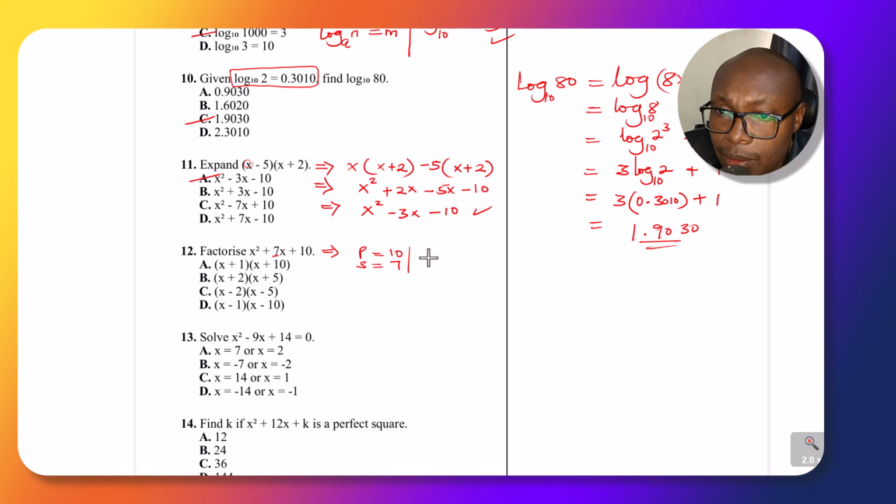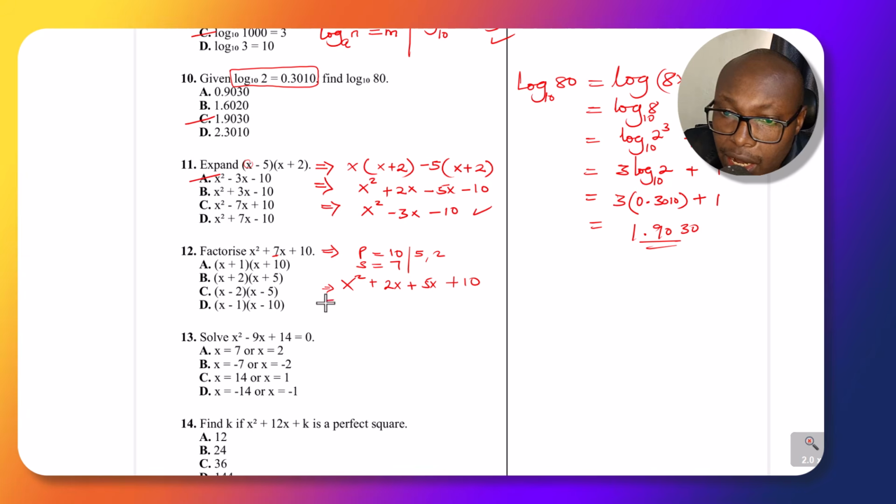So which are these numbers? The numbers are very easy. 5 and 2. 5 and 2, you add them, you get 7. Multiply them, you get 10. Now, this gives x squared. Now 7x, we're going to write it using 5 and 2. That will be plus 2x plus 5x. That is 7x plus 10. Then